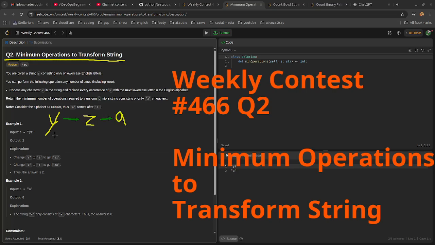So no matter how many y's or z's there are, the same goes for b, which could be the maximum. b could always be replaced by c, then d, then e, and so on up to y, then z, which means the minimum operations based on this character is determined by its order in the alphabet. If it is y, then it's going to be 2,